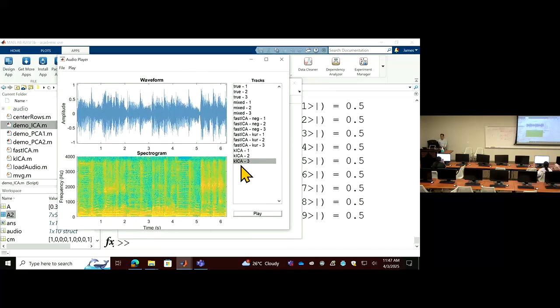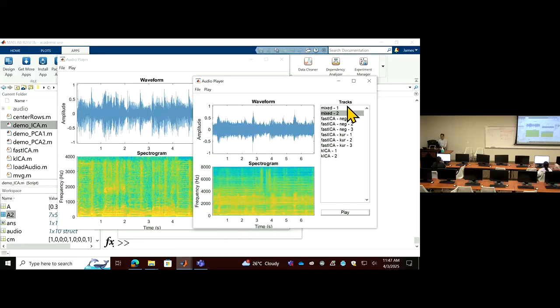So this is a three-source mixed example, and the one I showed you before is a two